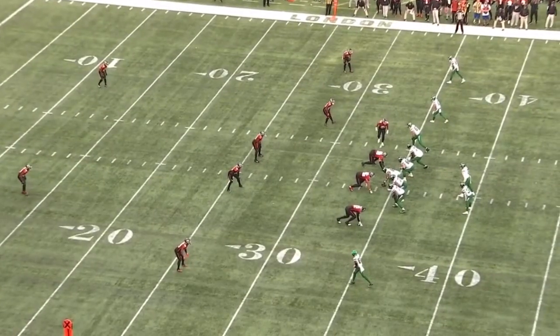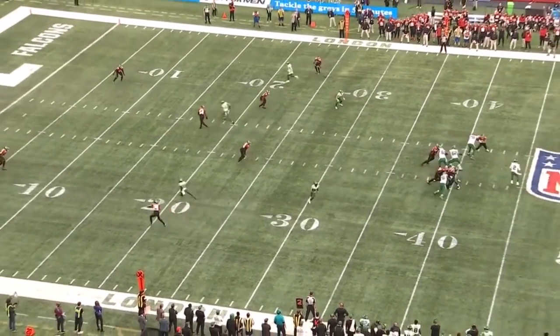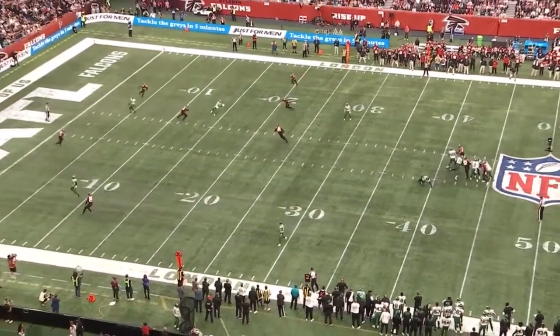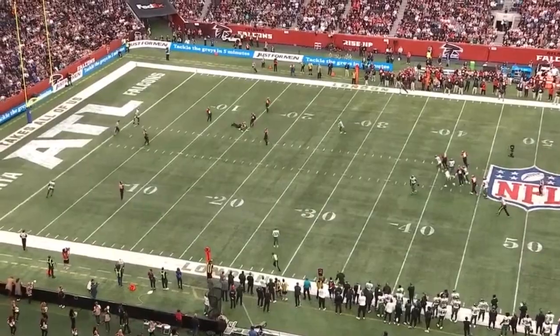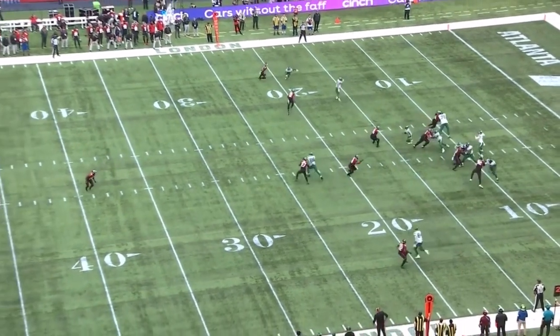Keep that happening, and then those deep shots will come to Denzel Mims over the middle, to Corey Davis on the dagger, the play action where they eventually went deep and nearly hit Elijah Moore. Those things will progress, but early, the Jets need to get Zach Wilson in rhythm. They need to give him a chance. We'll see how they do that against the New England Patriots on